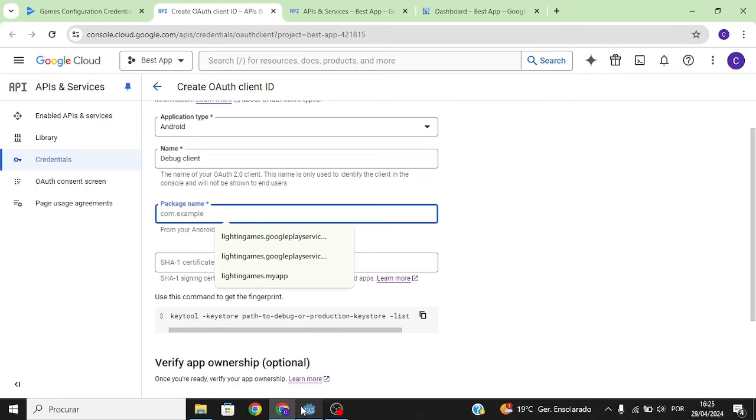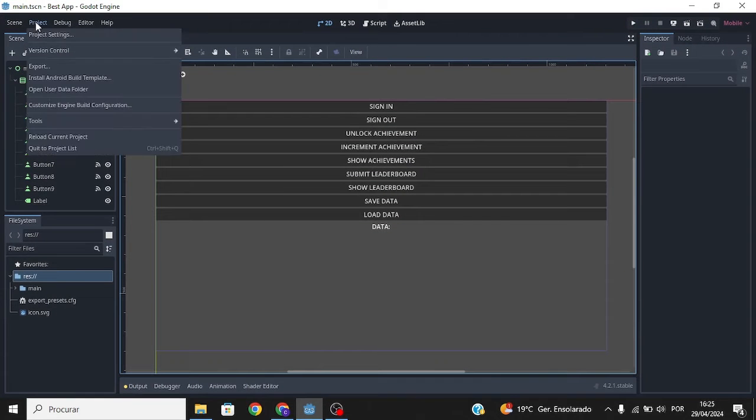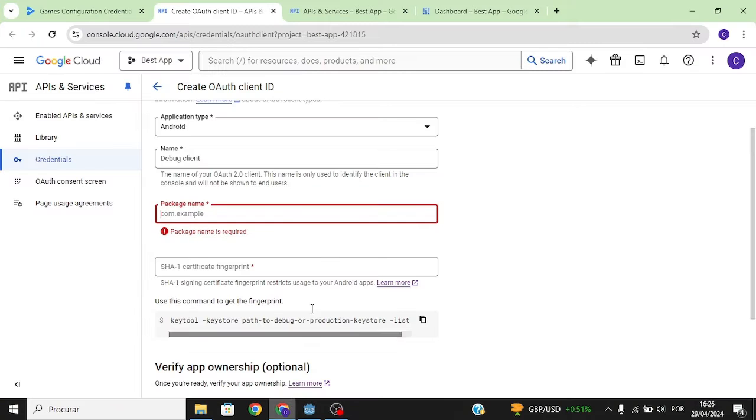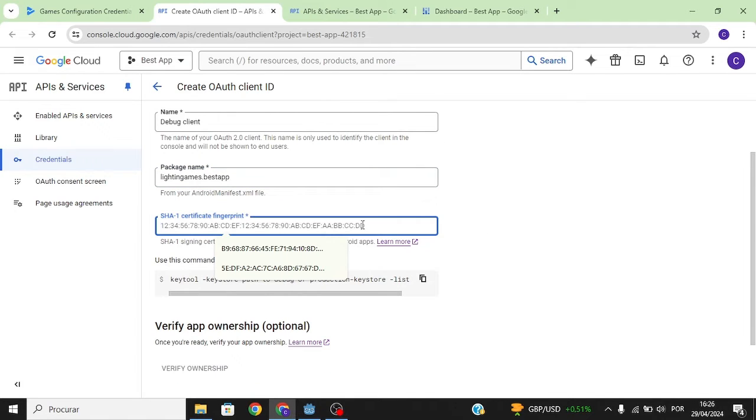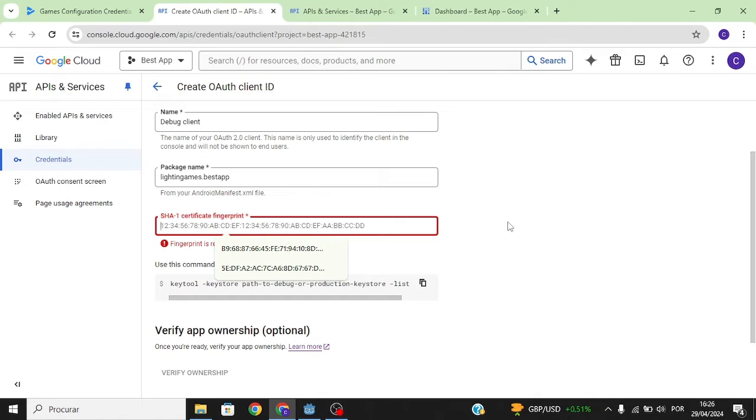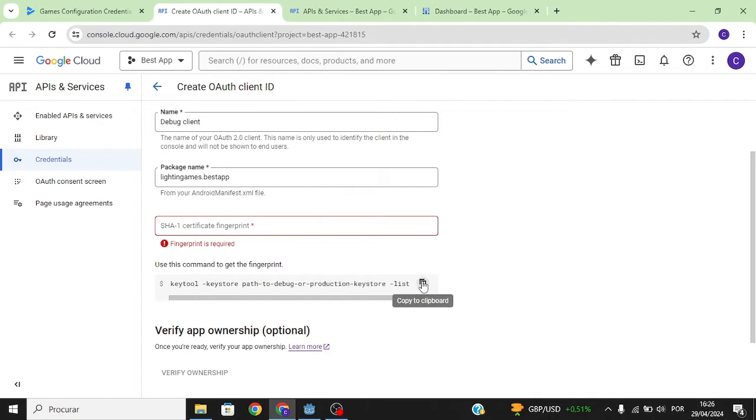So package name. So let's go ahead to our project. So let's go ahead back and paste this in, and SHA-1 certificate fingerprint. Okay, so this is where stuff is going to get interesting. SHA-1 is basically this certificate, so that this is just a way for Google to know that you're not messing around with their services. To be able to get the SHA-1 certificate fingerprint, you need to copy this, and then